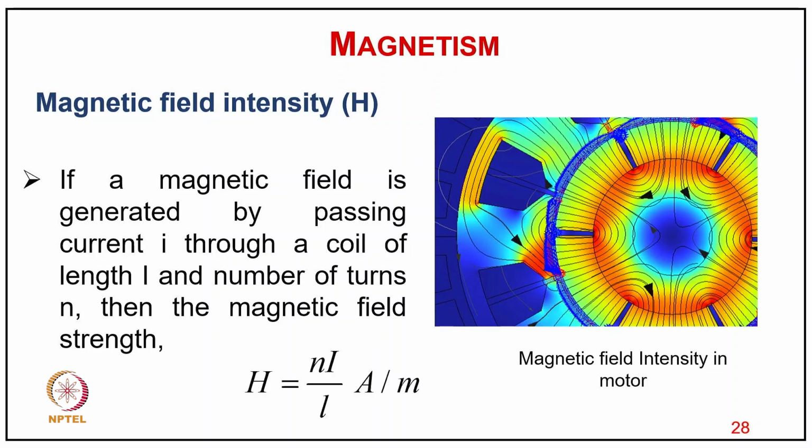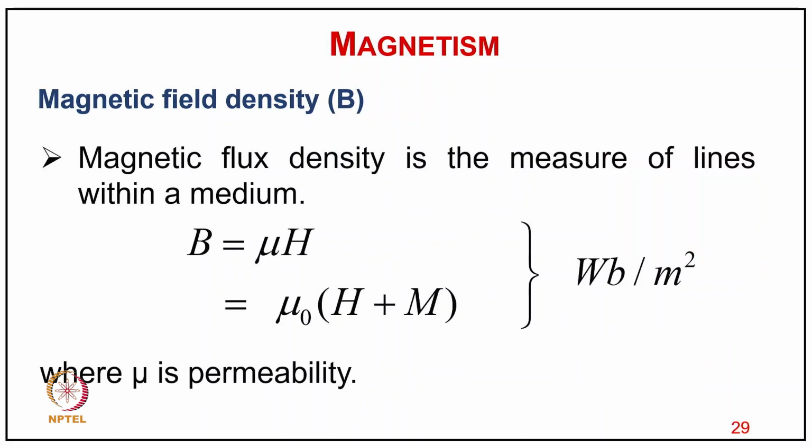Denoted by H, that is equal to the number of turns multiplied by the current in the coil, divided by the length of this magnetic path, and measured in ampere per meter. So we call it magnetic flux density, which is normally used terminology in the design of electrical machines. It is the measure of lines within a medium, that is B equal to mu